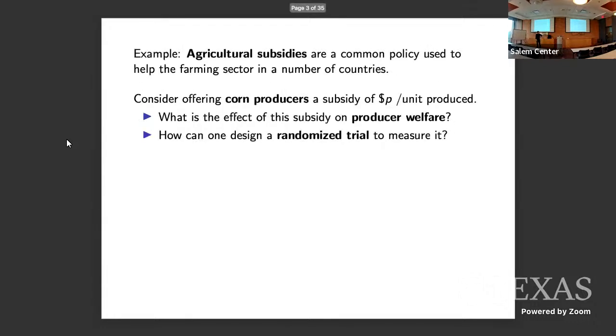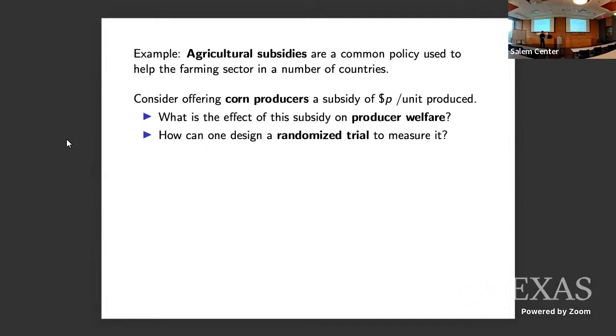So just to get everyone on the same page, I'm going to illustrate this problem in the context of imagining a government running experiments on agricultural subsidies. Of course, governments aren't going to run experiments on agricultural subsidies. This isn't an experiment you could really run. But if you want to think of this as realistic, think about a large tech company that runs a complex system, and they're running experiments on something like this. I'll just talk about this because it's a context many of us are familiar with.